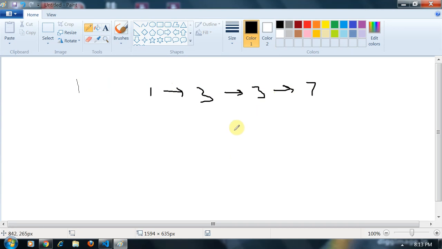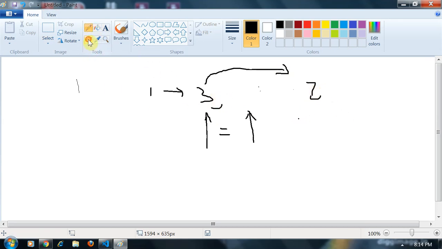Our logic is pretty simple. We will check if the current node value is equal to the current's next node value, then simply this node will point to the next one, and we will remove this. Then we will check if this node is equal to the next or not. So for example, if I take a linked list like this,